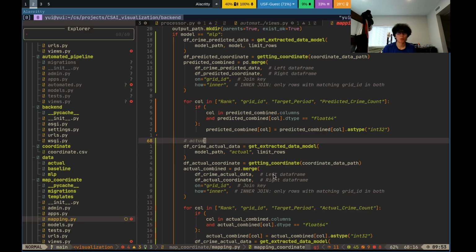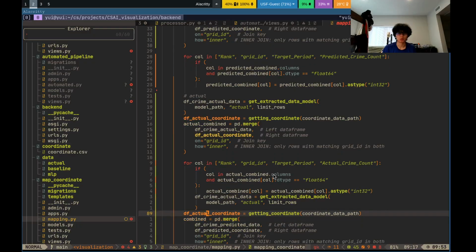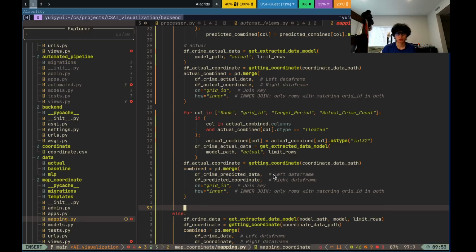So now our predicted combine and our actual combine is ready, right? So we just need units equal to combined dot